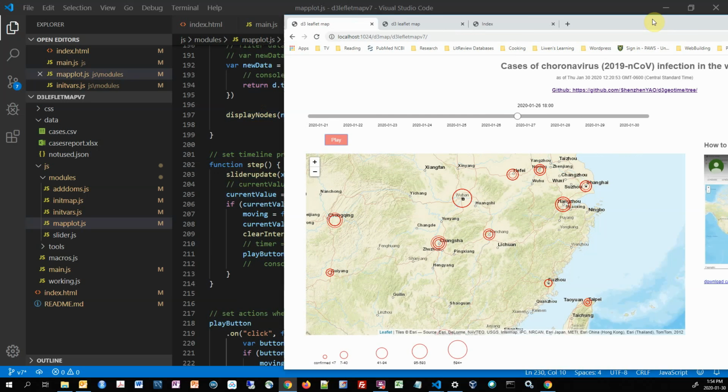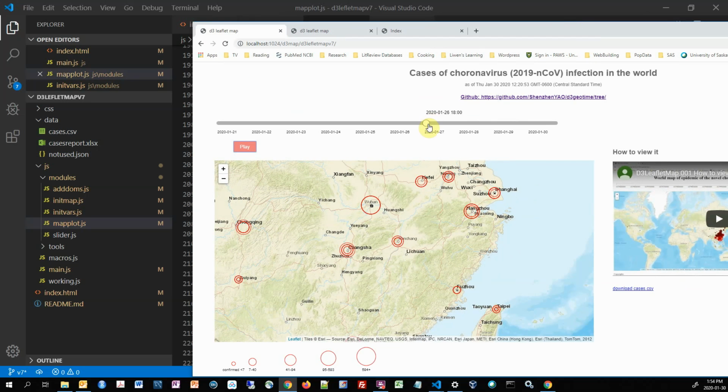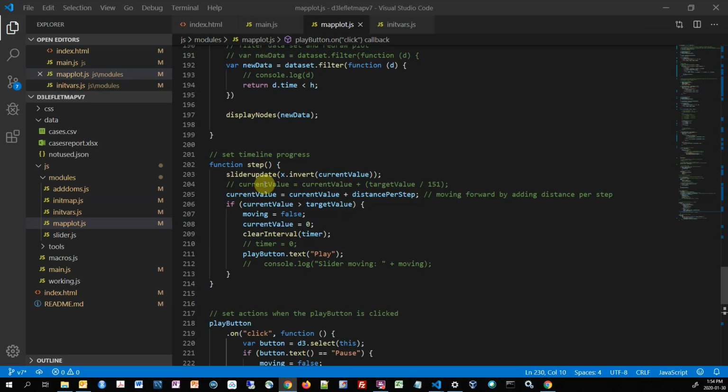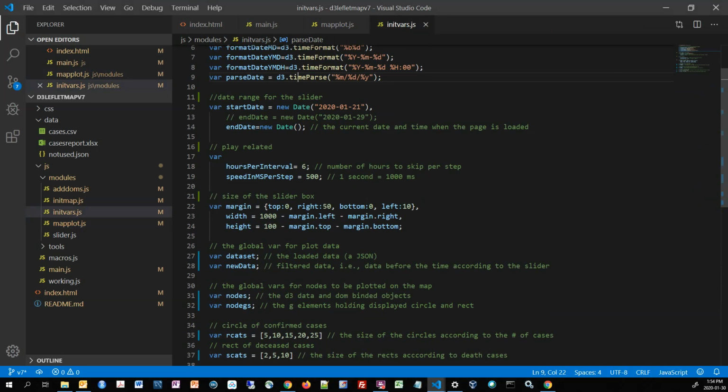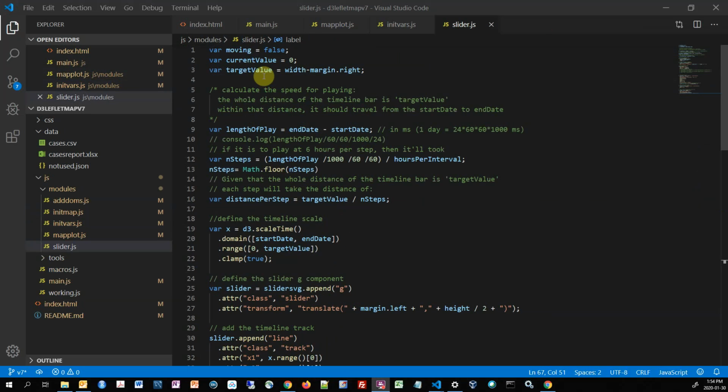The current value of the distance has changed. And as long as it does not reach the end, which is the target value defined in the beginning part of the slider.js, the end point of this timeline,